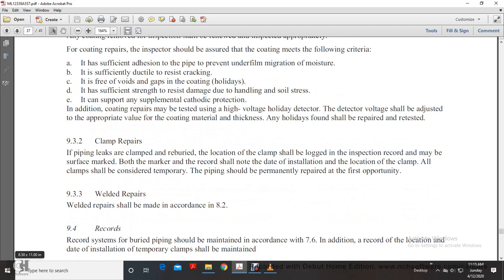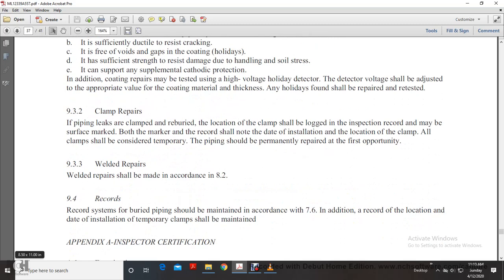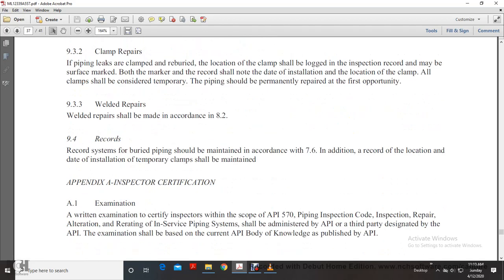933. Welding repairs. Welding repairs should be made in accordance with the applicable code. 934. Records. Records for buried piping systems should be maintained in accordance with section 7.6. Additional records for the location, date, and installation of temporary clamps should be made. And Appendix A is